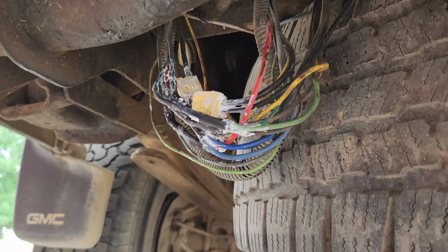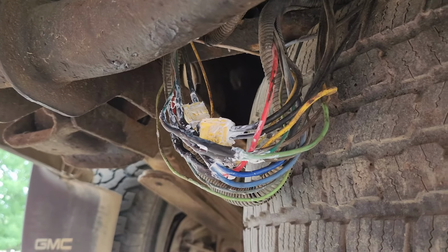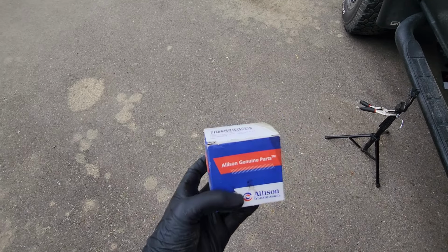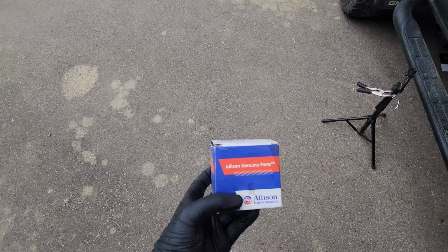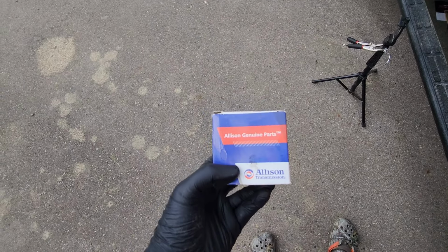And there you have it, a train wreck of wiring and silicone. We'll let that turn waterproof for about 30 minutes, and we'll go do something else. For our next circus act, the 2006 and above 6-speed Allison transmissions use an external oil filter as well as